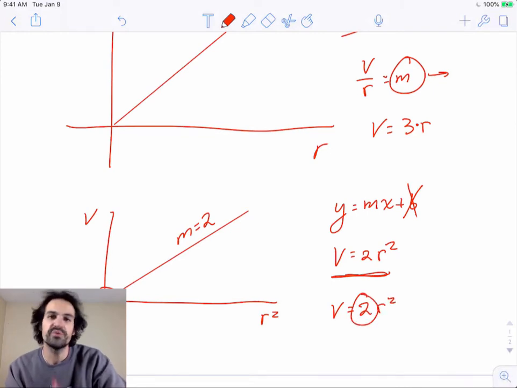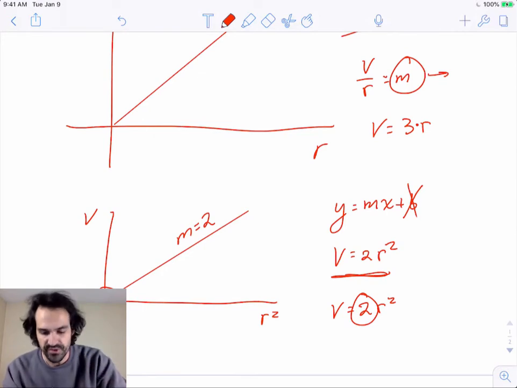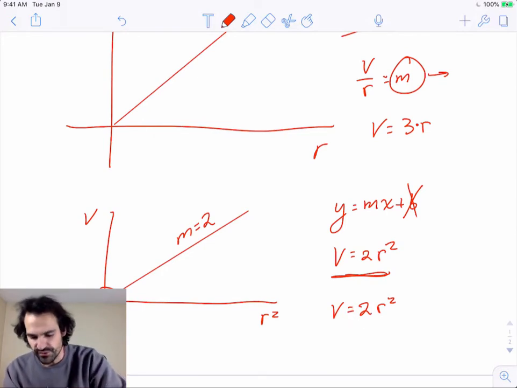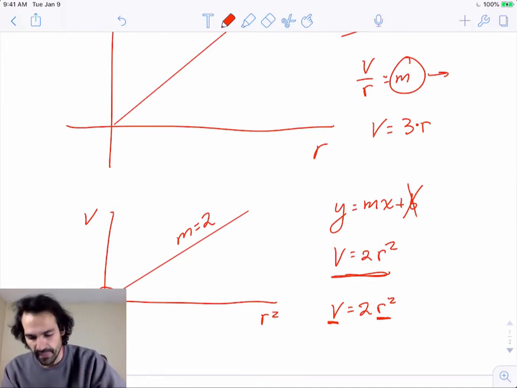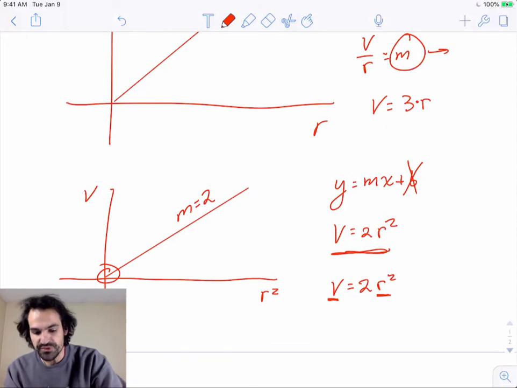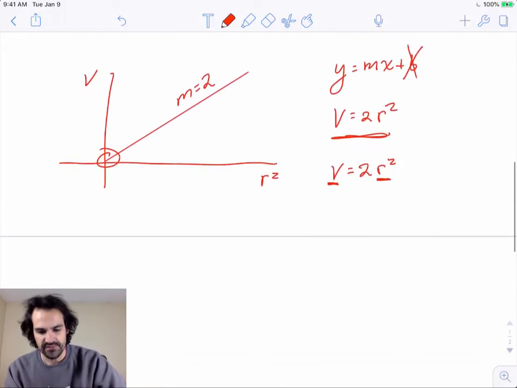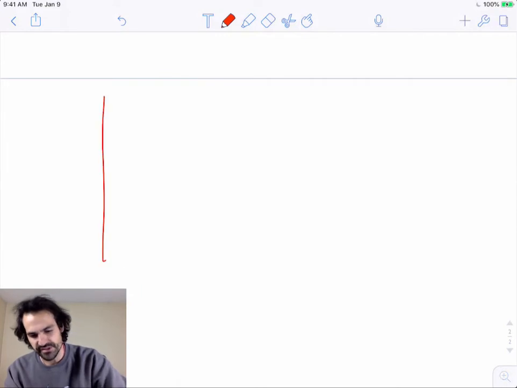And that 2 might be other variables divided by each other. We're not going to get into that for now, because all we really care about right now is the relationship between voltage and radius, or whatever 2 variables you are plotting against each other. So you don't just have to plot voltage and radius. In fact, if you plot voltage and radius,